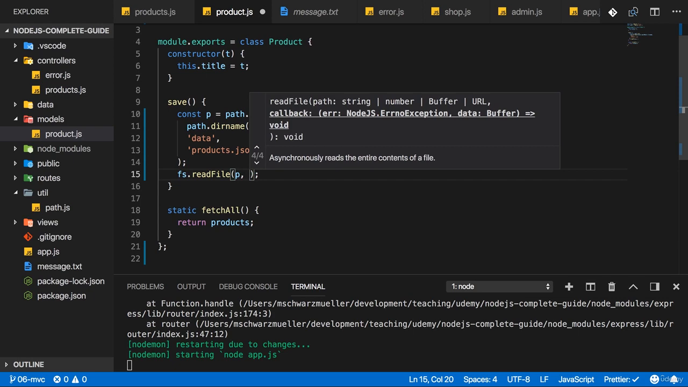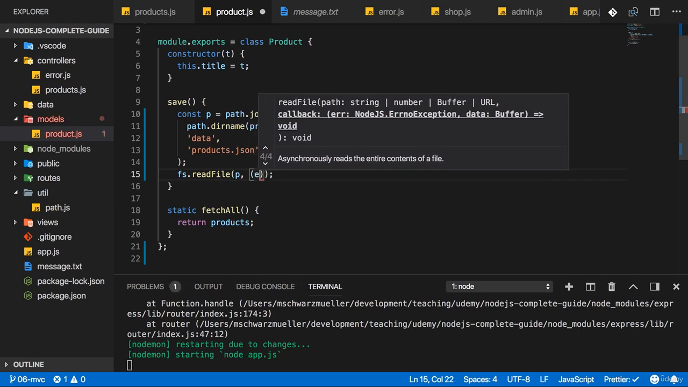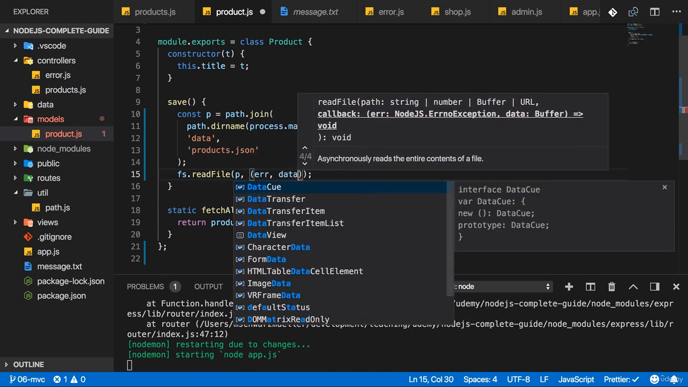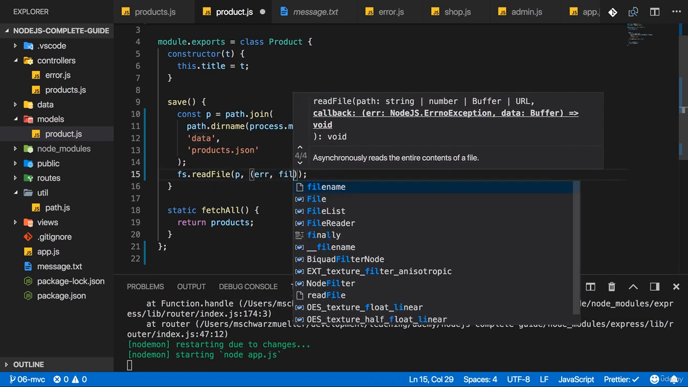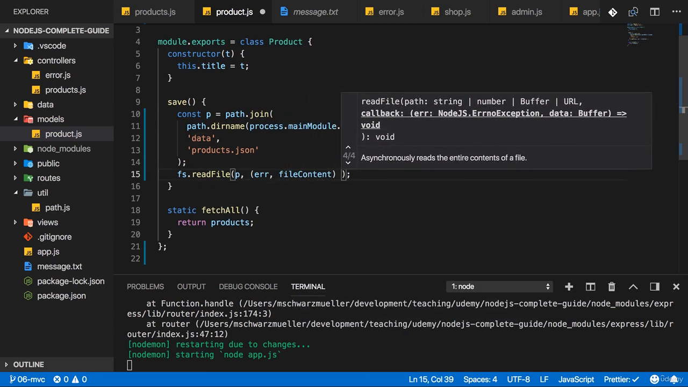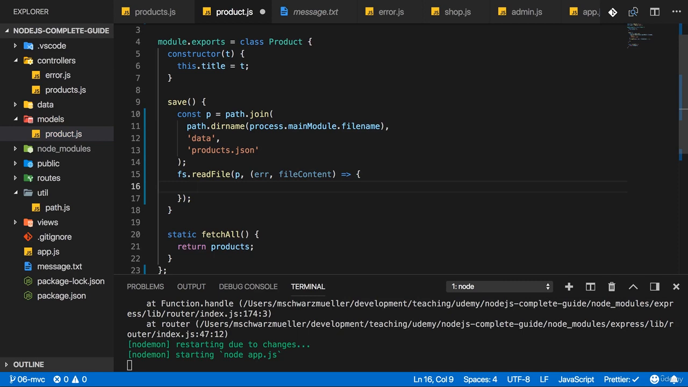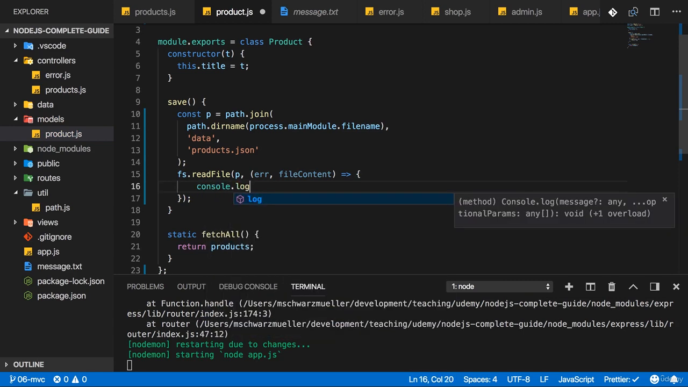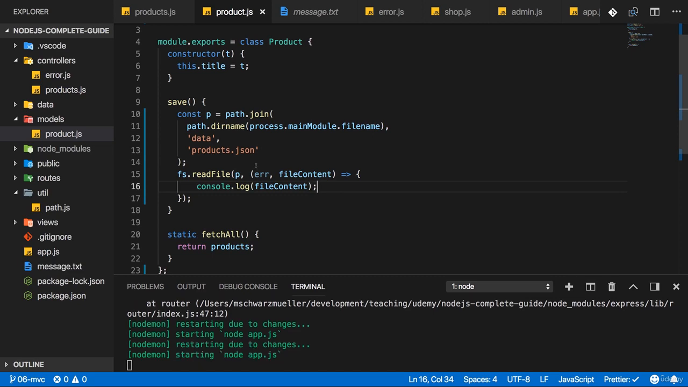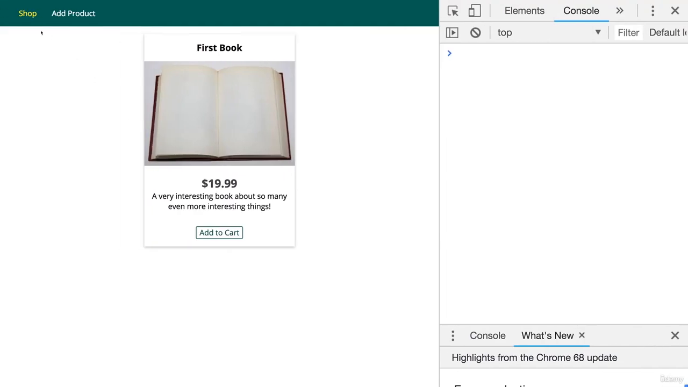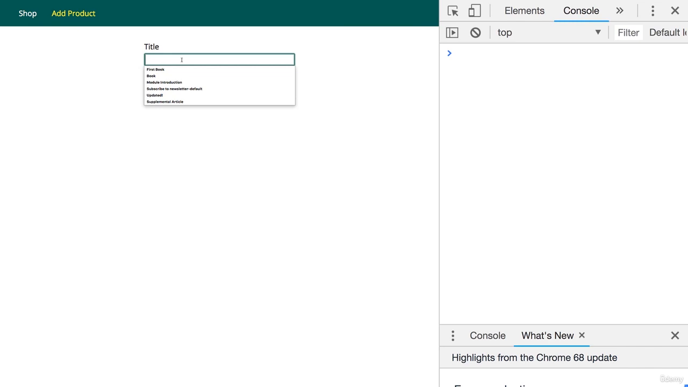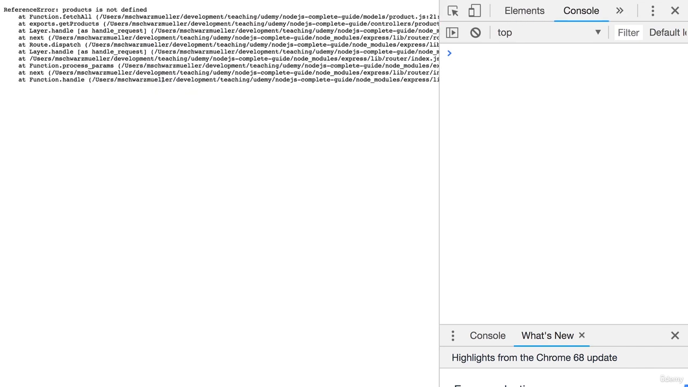And then I will do something once I'm done reading it in. And there we either get an error or we get data. So we get the file content, you could say. There will be a buffer though. Now, let's log the file content here. And let's see what we get if we now call save. If I go to add product and I type something here, it crashes. And it crashes,